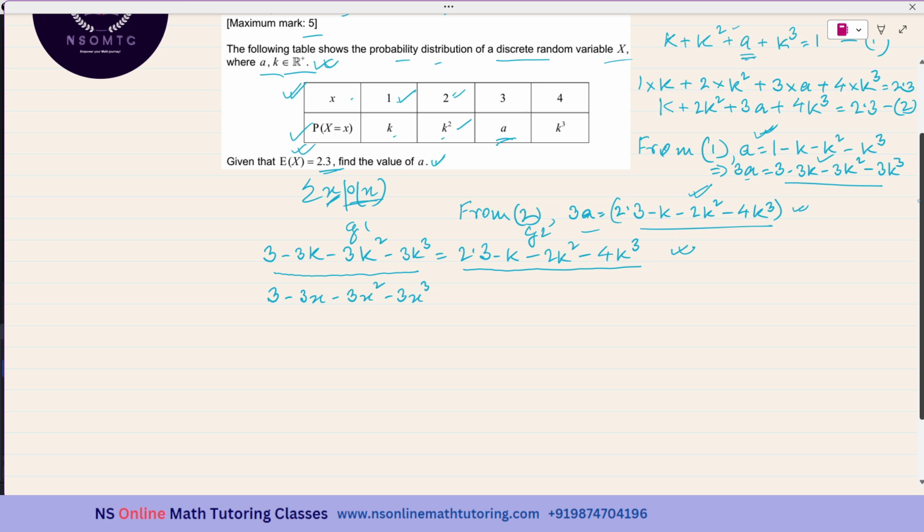This is one of the methods, or else you can bring all the terms to one side of this equal to sign so that the other side contains a 0. You can bring all these terms to this side or all these terms to this side, but the other side will be containing a 0. And then you can graph the entire expression, and for that you will be getting the 0. Previously, we were getting the x coordinate of the intersection point, but this time we will be getting the 0. Okay. And of course, we will be taking that 0 which is having a positive value of x. This way, we will be getting the value of k. Okay. So this is the graphical method.